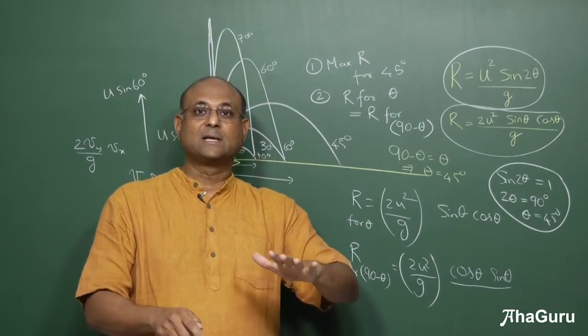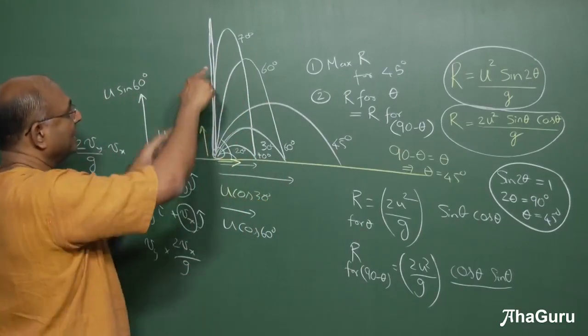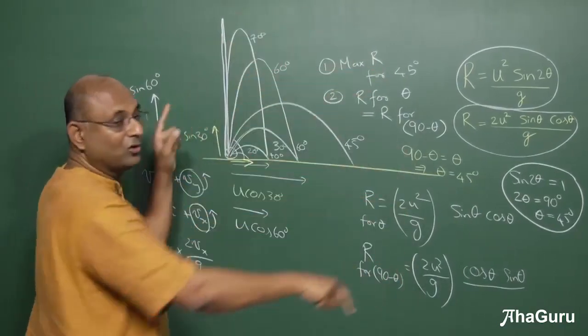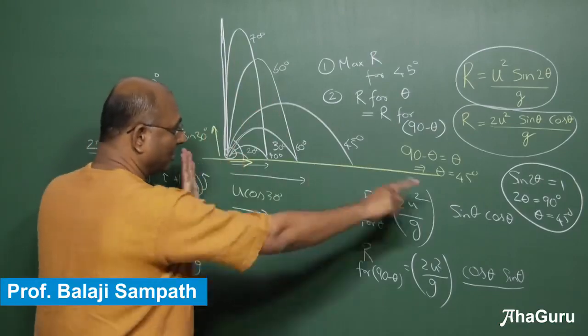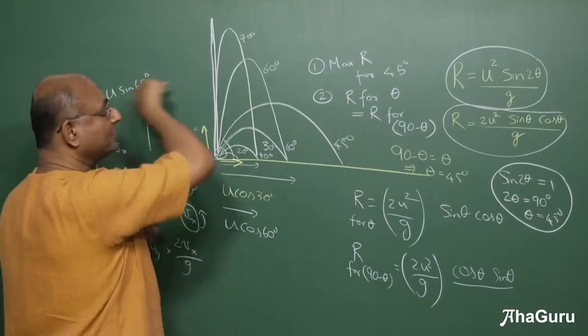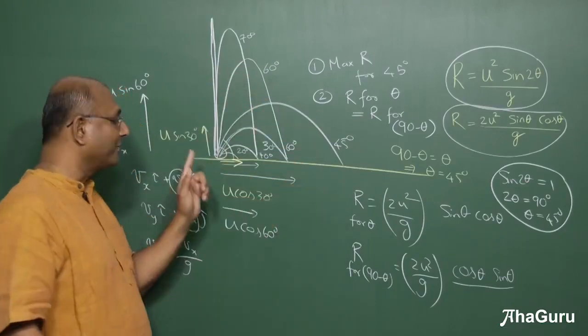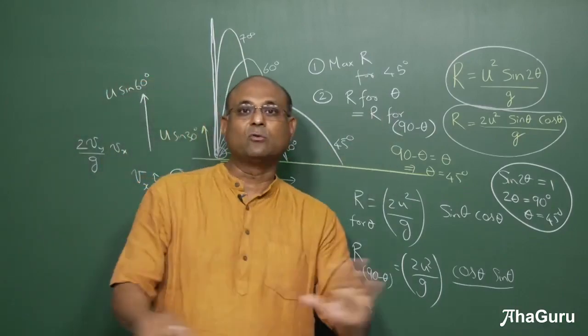Again, this only works if you're talking about ground to ground projection. It does not work if I start at the top of a building and I throw, then maximum range will not be 45 degrees, remember, because for maximum range you're talking about horizontal distance. But since you're starting there, even if I threw it horizontally, you will still not get 0. You will get something which is not 0. So you have to be a bit careful. This is valid for ground to ground projection.